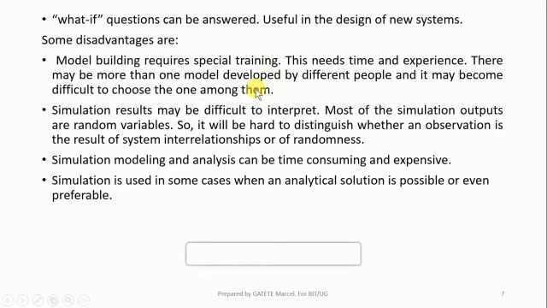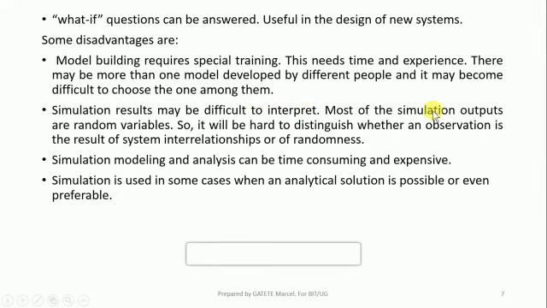So the decision will be confusing. Simulation results may also be difficult to interpret. There may be some results which will be difficult to interpret because those results are very tough. So this requires special people or professionals to interpret such results in order to conclude.